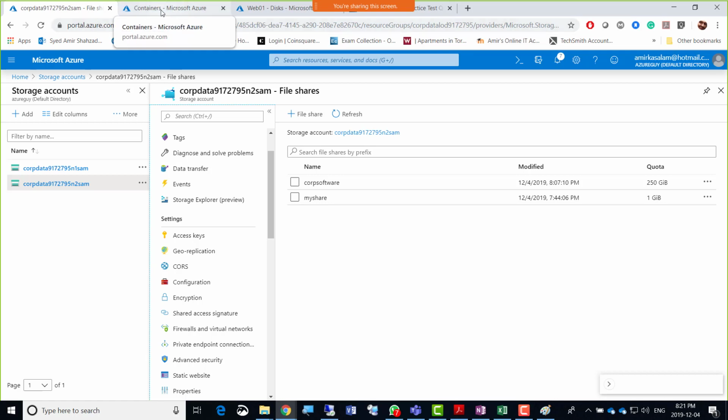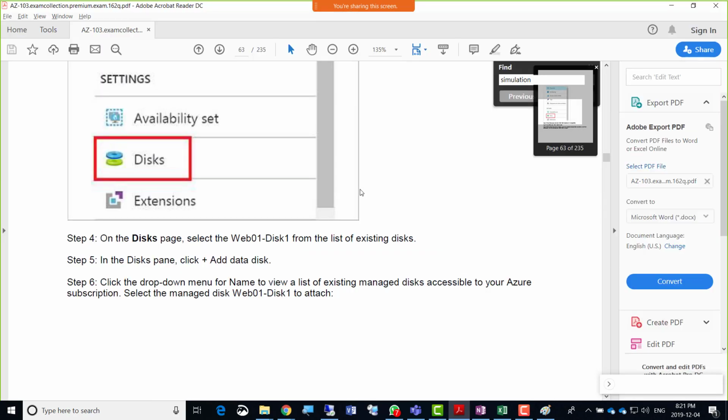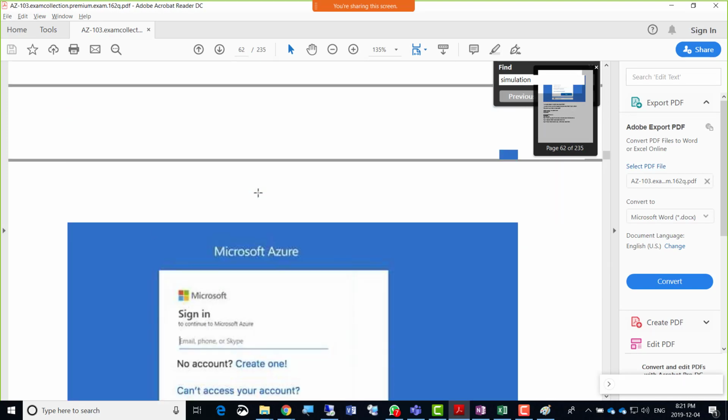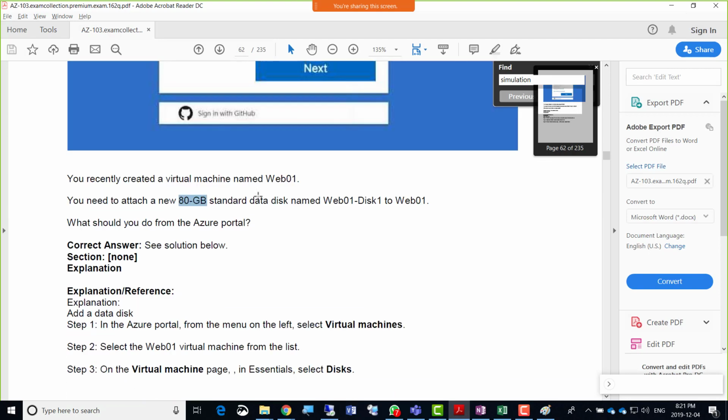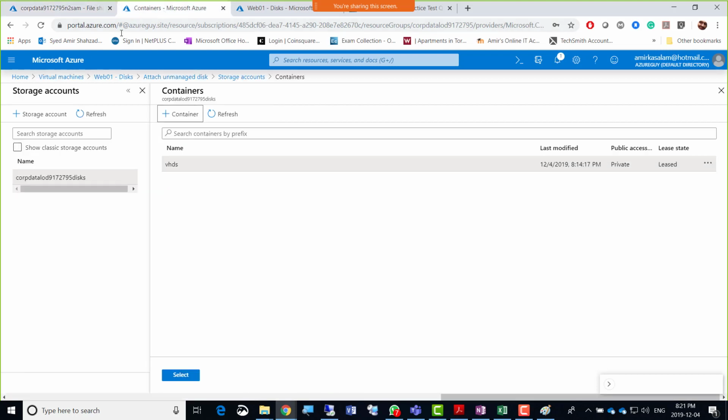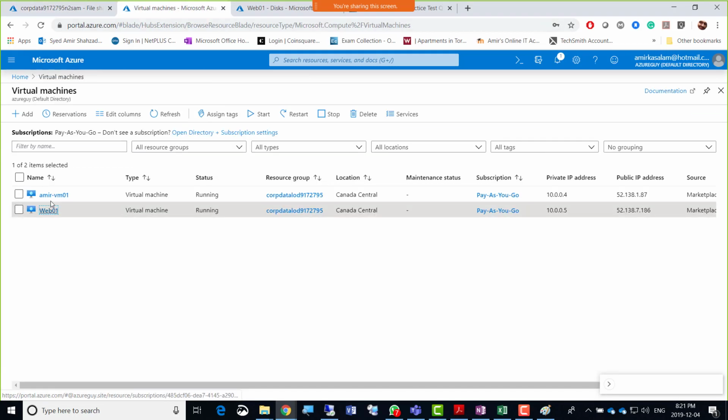So I'm just going to explain that question again and do that quickly, and I hope I delete this whole search that we did. Guys, the question is simply saying to add an extra disk here, and it can be a managed disk. So I'm going to go back to the virtual machine where it is managed disks. The virtual machine is still there. Now I have web01. Just understand what is wrong here right now. Web01 has unmanaged disk selected. So this machine is of no use to me now because we still need to stick to the managed disk here. Now the existing machine may let us do that.